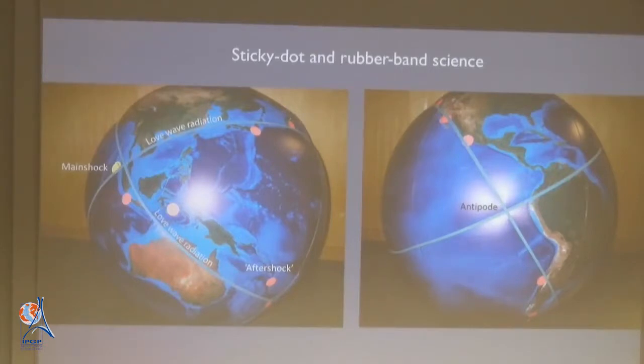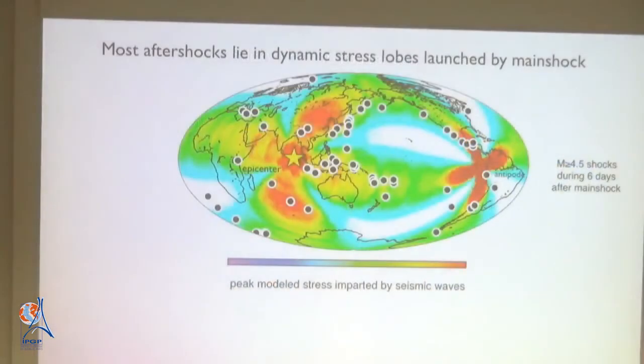And you can see that it looks pretty good if I center these rubber bands on the main shock. So I went running into Fred Politz's office and showed him that. And he said, oh yeah, that's the Love wave radiation pattern. So Fred did a spherical harmonic calculation and got this. Now I ask you, which is better, Fred's show-offy calculation or my middle school science fair version of things with sticky dots? I think it's obvious, right?